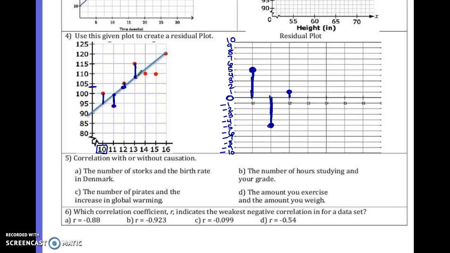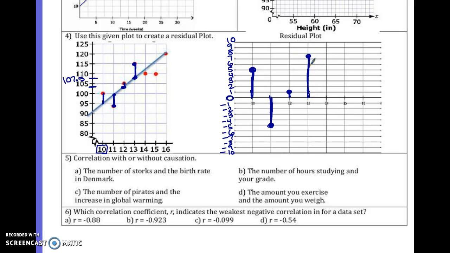This one looks like we're pretty much halfway, maybe in between 105 and 110. I would say that's 107.5. But you could estimate something a little different depending on how you see it. And up here we got 115. So I would say that's a vertical up of from 107.5 to 115. I would say that's about 7.5. So I'm going to go to 13. I'm going to go up to 7 and then in between 7 and 8. That's our vertical change from our best fit line.